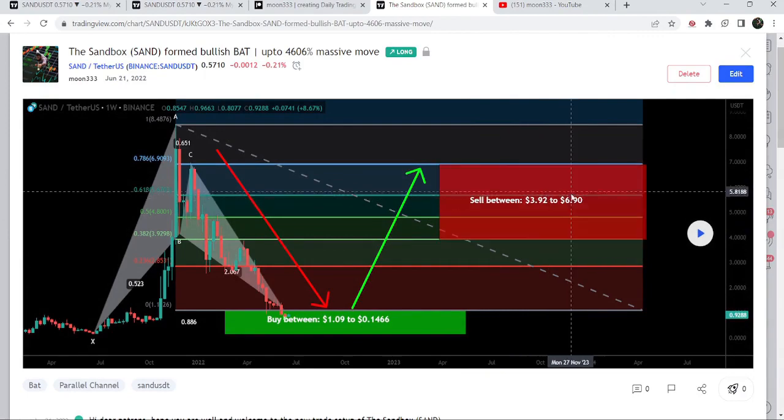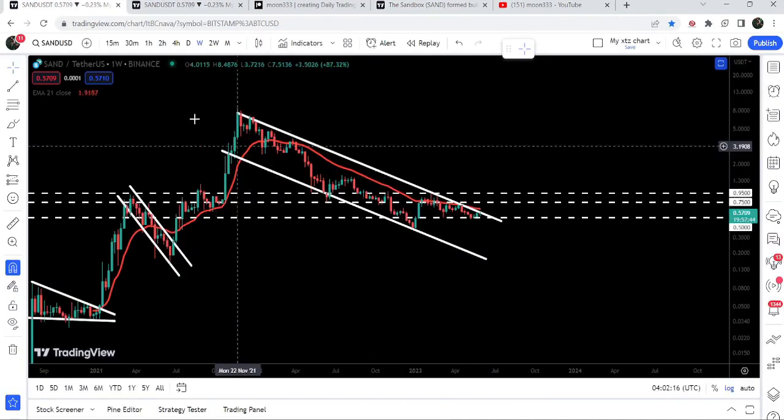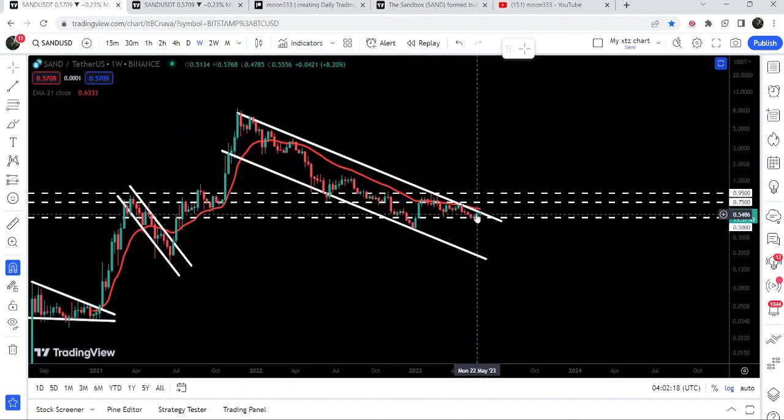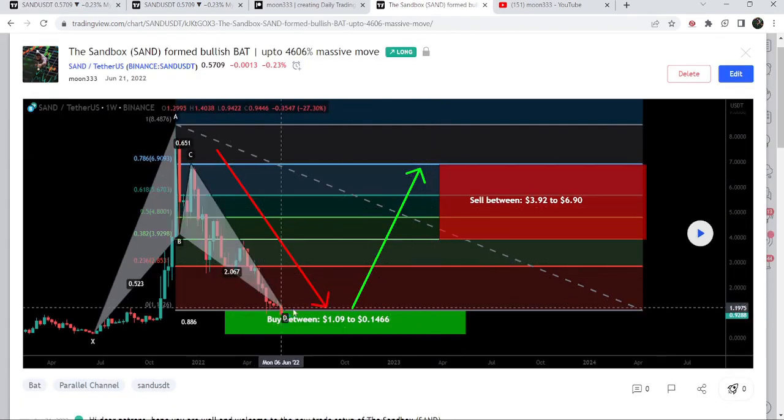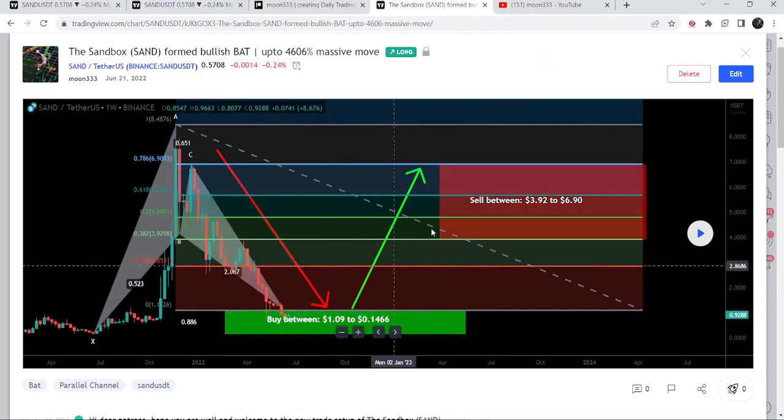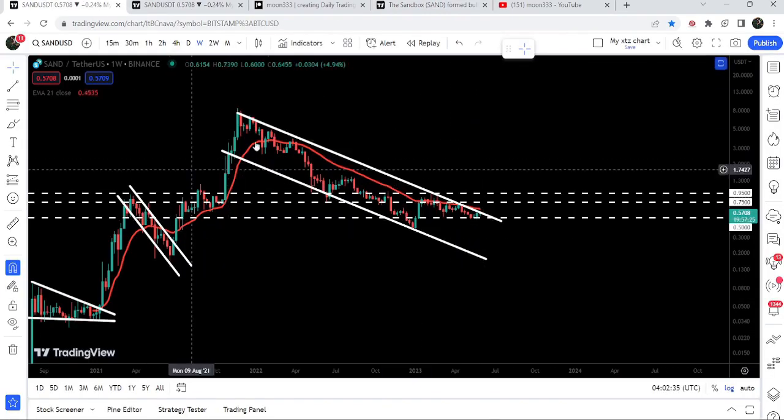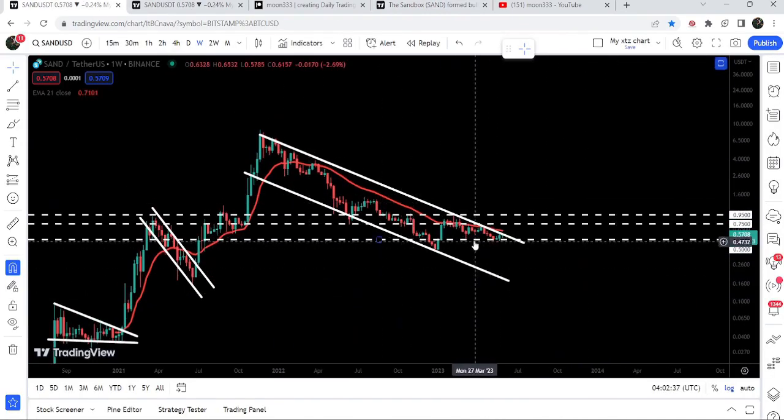$3.92 to $6.90. And so far, let me show you the live weekly time frame chart. The price line is still moving inside this down channel. And once it is able to break out the resistance of this down channel, then we can buy it from this buying zone, and then we can expect this massive rally can be started very soon. Now, if we move back here on this weekly time frame chart,